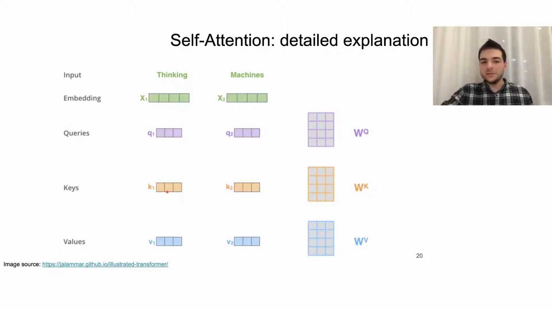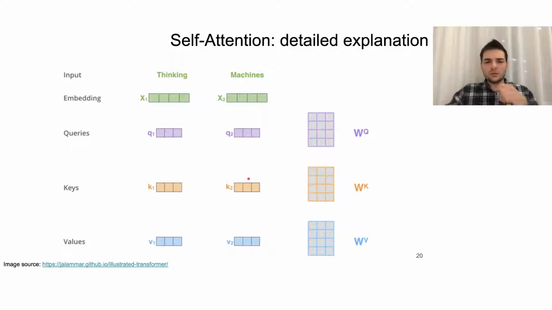It's query and key, and it's just the same stuff like you see everywhere in computer science. So query is actually from where we're looking. So we have query thinking, and now we want to compute its attention to word machines by attending the key vector machines. So just in case, these are just names used, proposed in the original paper from 2017, attention is all you need. And query is just vector representing the word from which we're watching the next word. And key is the vector representing the word we're looking at.